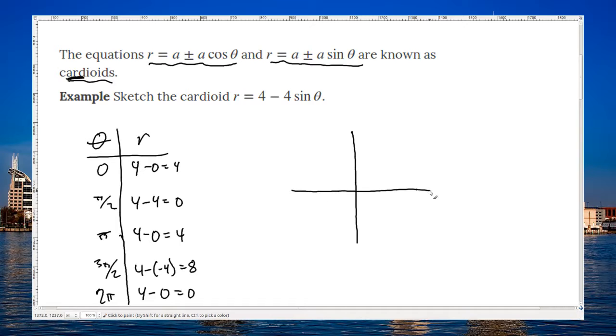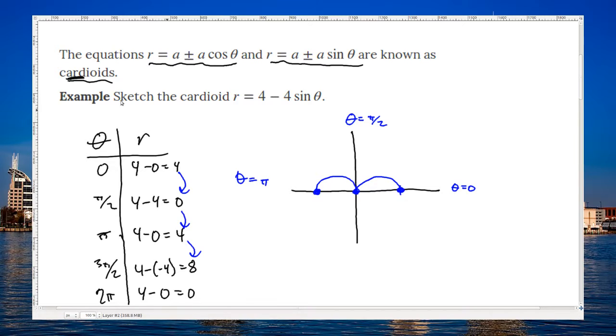So let's plot all these points here on the xy plane. So at theta is equal to 0, I'm going to go out 4. At theta is equal to pi over 2, I'm going to go down to 0. So in between, it reduces from 4 down to 0. But then you'll notice that after it goes down to 0, it goes back up to 4 as we increase the angle to pi. So here it is at theta is equal to pi, and we're going to increase it back to 4. Then it's going to increase even further to 8, so we'll go down